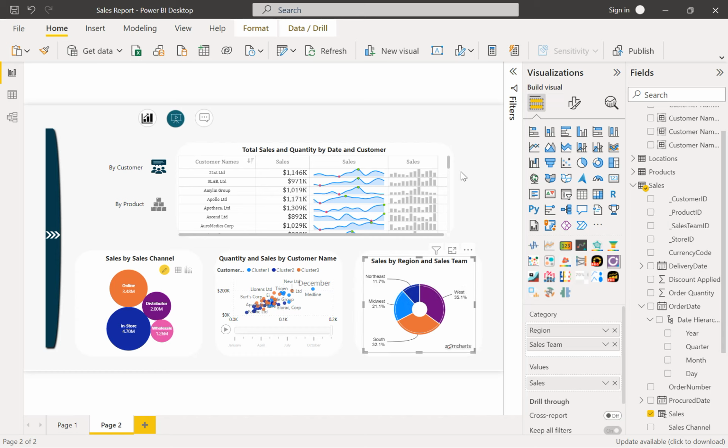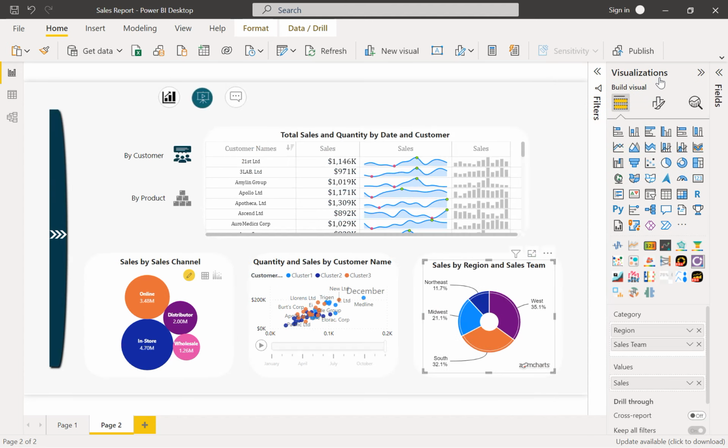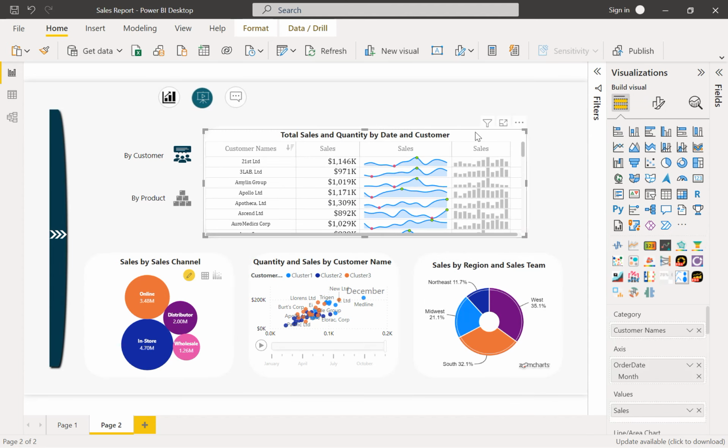Now let's work on the final visual of this page, which is this table visual which we have created. As you can see here, this is not the default Power BI table which we have used. What we have used is a custom visual called multiple spark lines. So this multiple spark lines table visual is pretty amazing because it helps you create these kind of spark lines